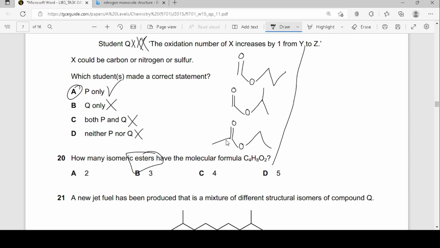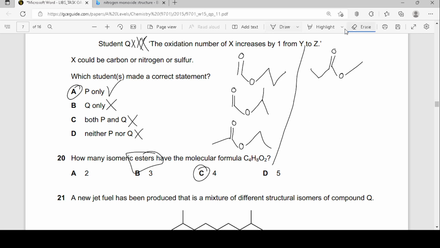Then if I make my carboxylic acid have 3 carbon atoms, so I have the COO bond, and then I have 1 carbon atom there, 2, 3, 1, 2, 3 carbon atoms, and then that means my alcohol will have just 1 carbon atom. So that's that way. And can I have any branches from this? I cannot, because you cannot attach many things like that. So these are the only ones I can come up with, which means I have 4